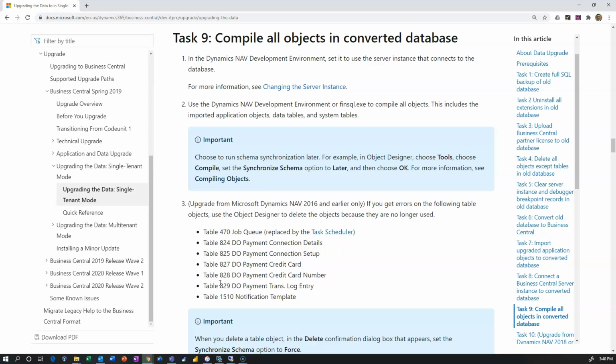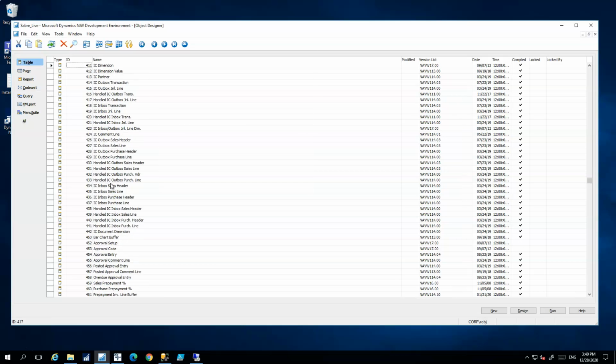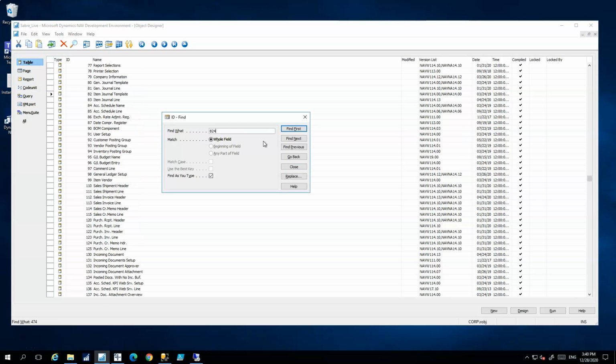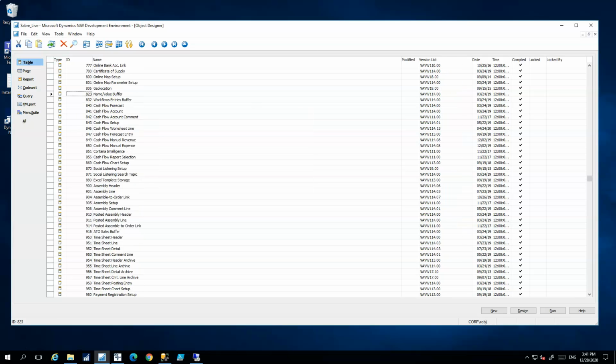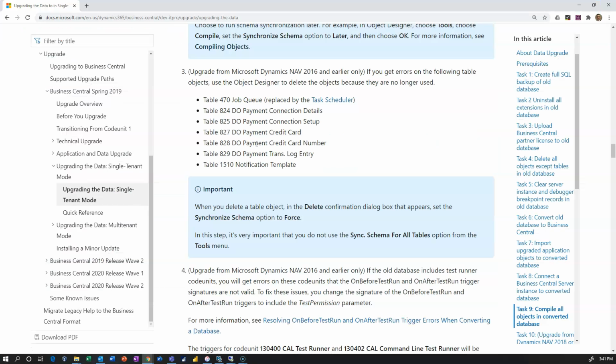that. Now what I want to do is first of all, I want to compile all the objects, but I'm going to go check and make sure that none of these exist in that database. So these are the 470 and then the 820 and the notification template 1510. I don't think they do, because I think they're also removed. We're good. We've deleted those objects that need to be removed from the system,